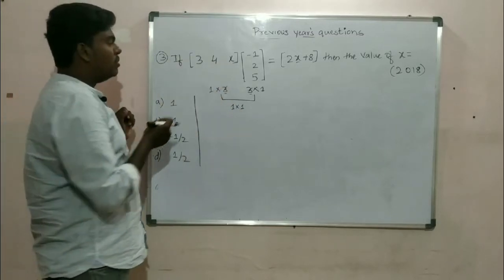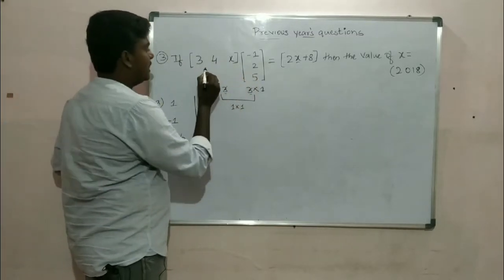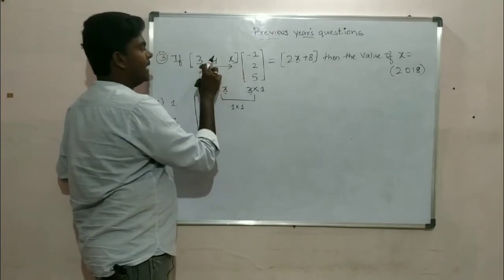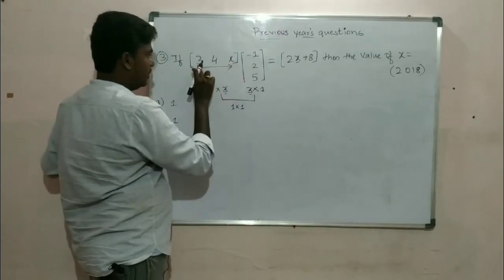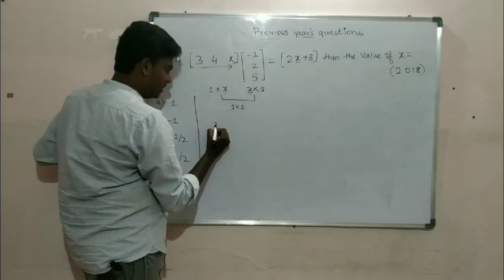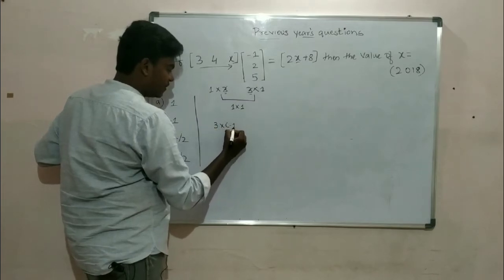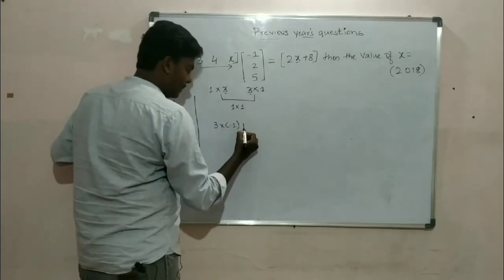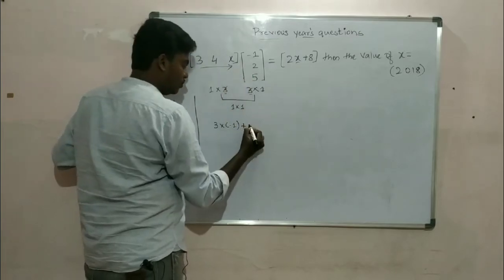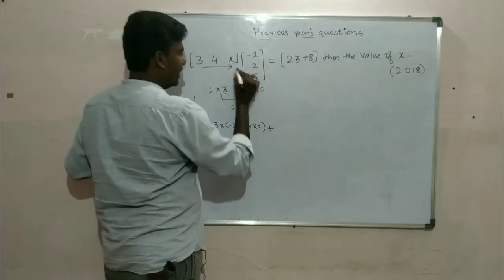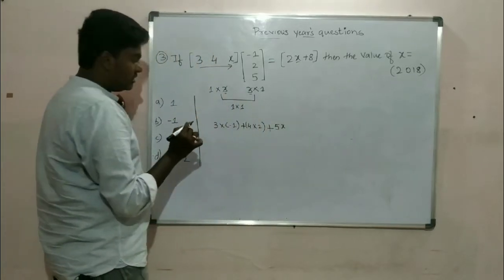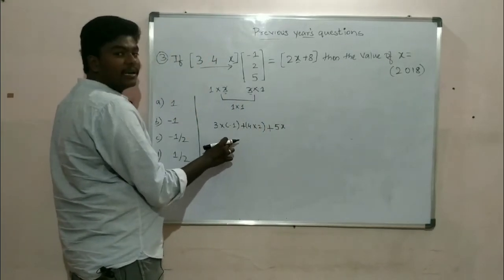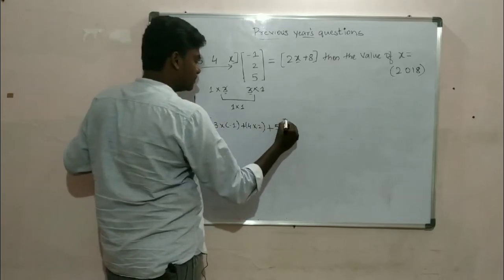So this is going to be the resultant of the product of these two matrices. Now we will multiply. Take this entire row and multiply it with this column matrix. So 3 into -1, then plus 4 into 2, plus x into 5, that is nothing but 5x. I said this is going to be a 1 cross 1 matrix. That means this is going to be like this.